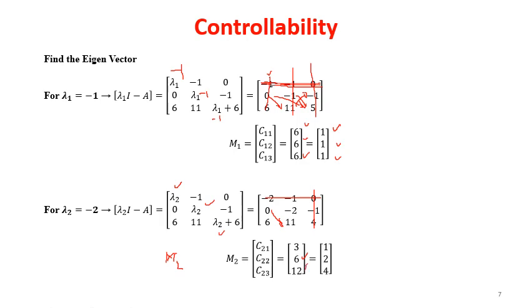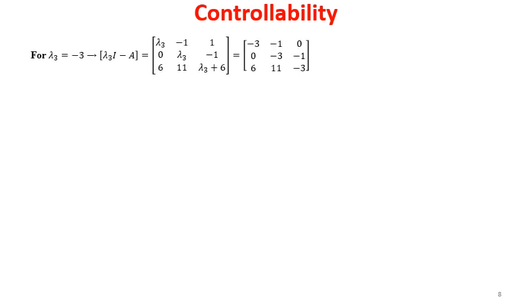So we can further simplify all this column matrix, so we can divide throughout by 3, so it will be yielding 1, 2 and 4. This is the value that we are going to get. So this is the eigenvector for lambda 2. Now next we have to find out for lambda 3 equal to minus 3.